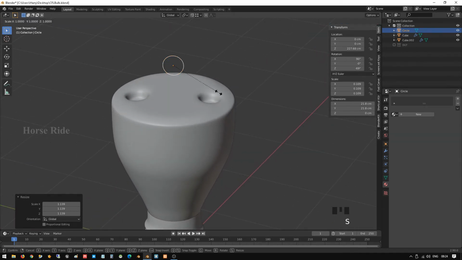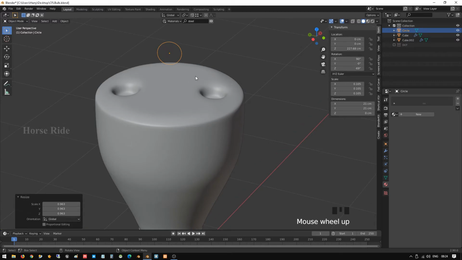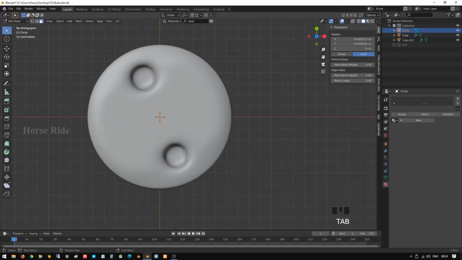Okay, right. After doing this, go to object view, go to vertex, select all, press A, G, and move towards like this. Okay, it's created.